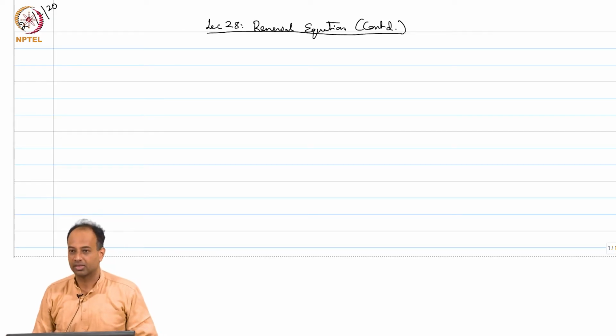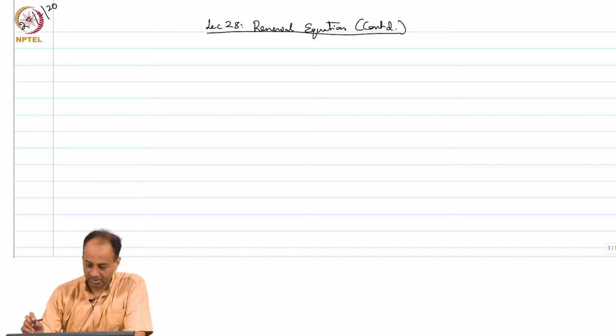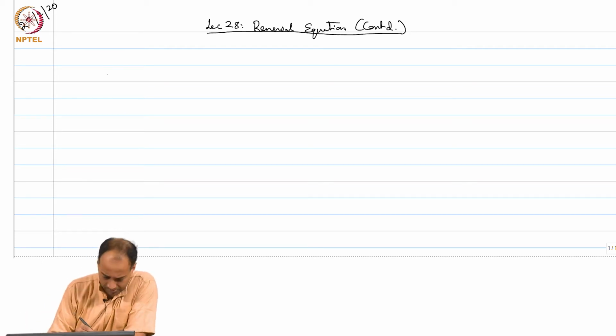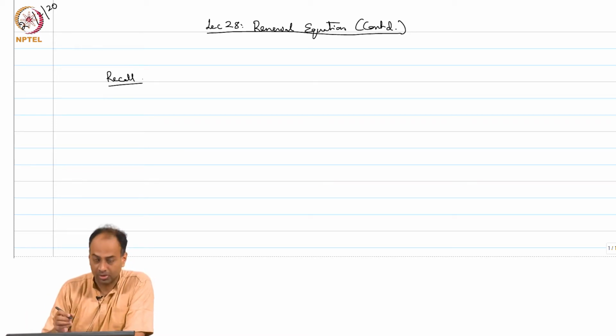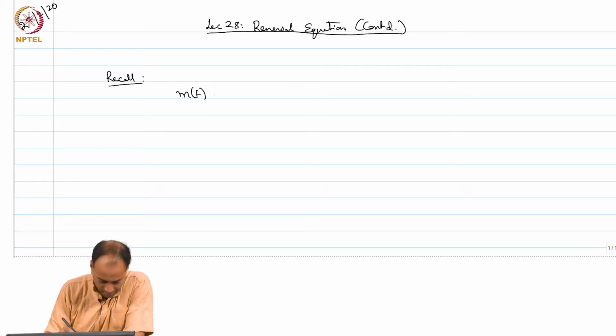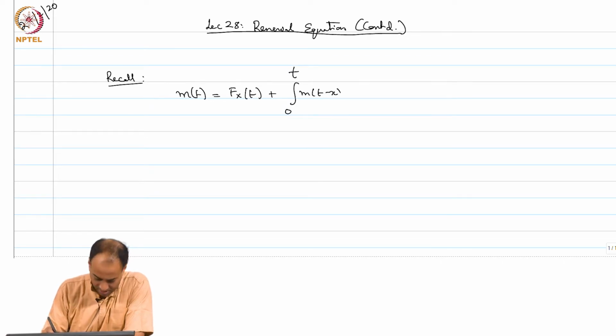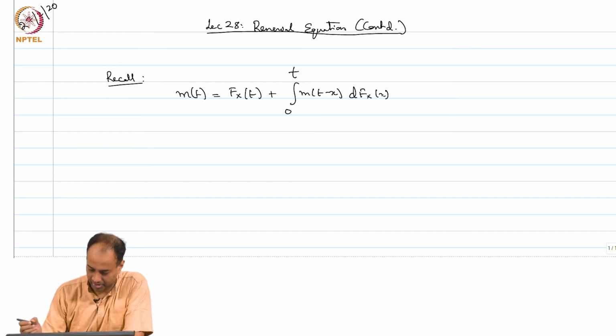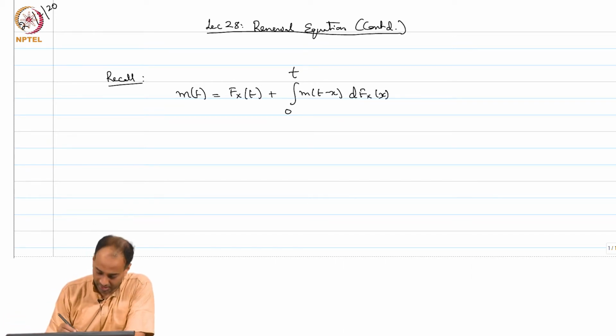Welcome back. Yesterday we proved the elementary renewal theorem, which involved characterizing m of t, which is the expectation of N of t. We wrote down the renewal equation, which is this: m of t is equal to F_X of t plus the integral from 0 to t of m of t minus x dF_X of x. This is called the renewal equation, and you take